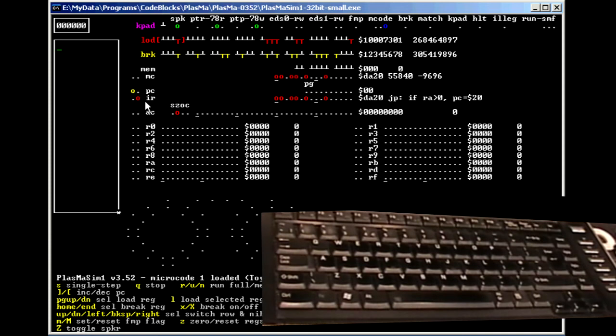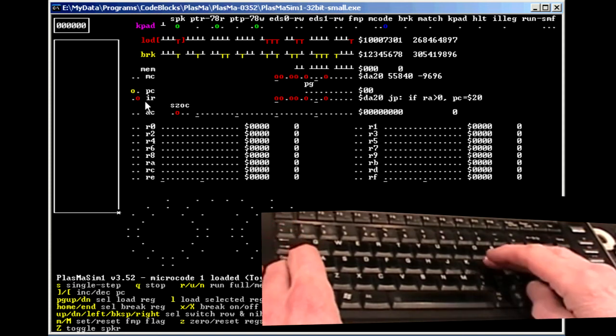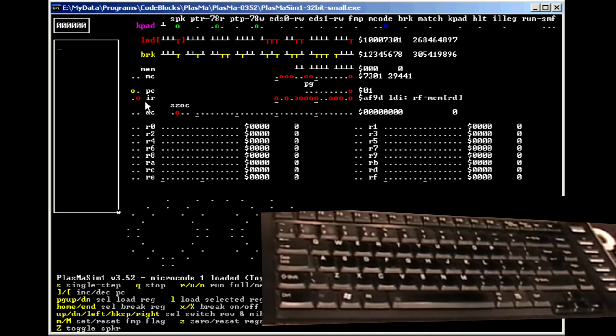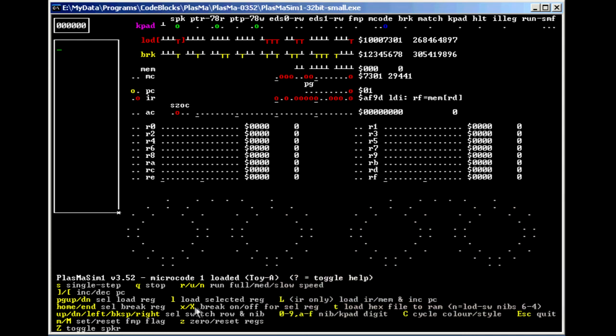And then we press uppercase L to load and increment. And the commands are case sensitive, as you've realized. So lowercase l is load down here, and uppercase L, which is only applicable to the IR register, loads IR